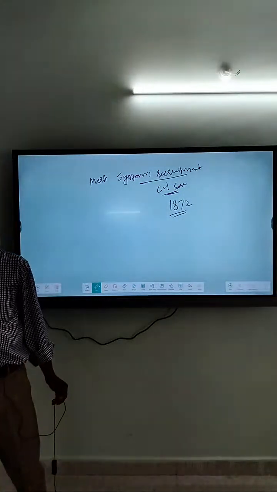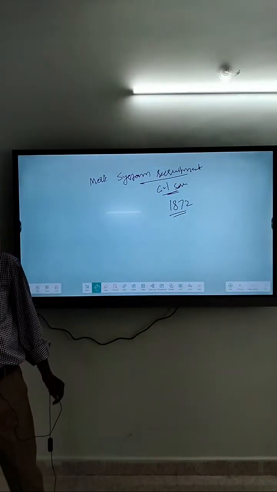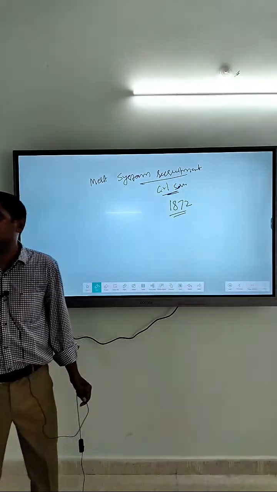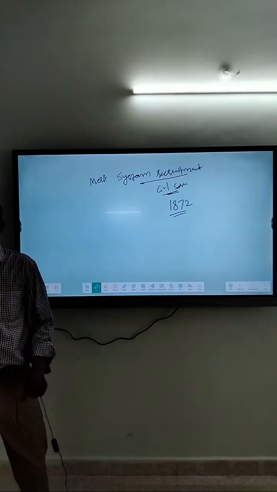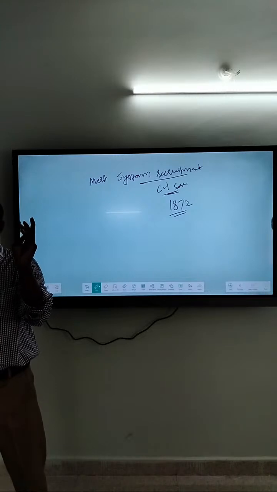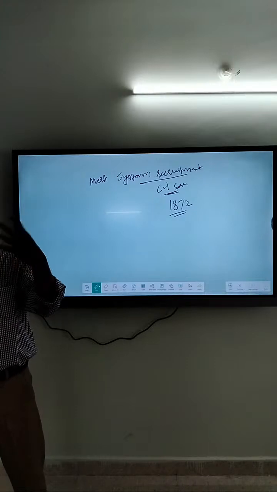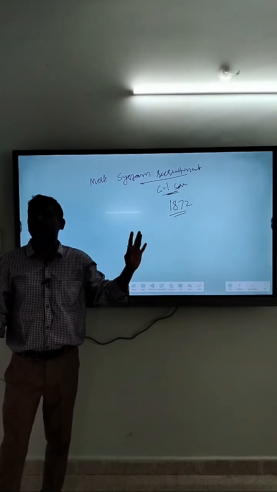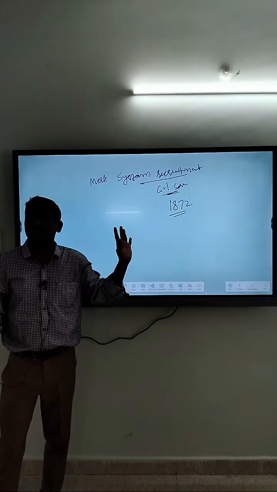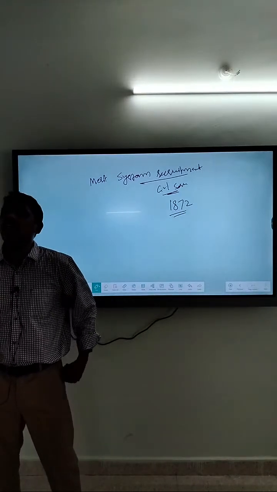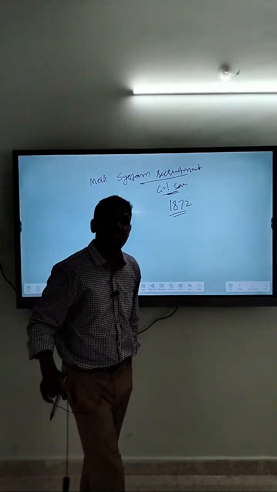Alright, so this is about the 1853 Act. For now I will stop on this point. This Act separated the Executive Council from the Legislative Council. Three Indians were appointed to the Legislative Council, which is known as Indianization of the Council. And third, the introduction of the merit system of recruitment.